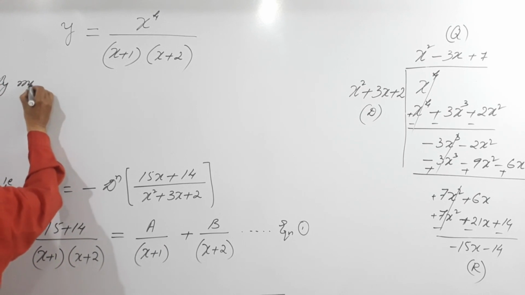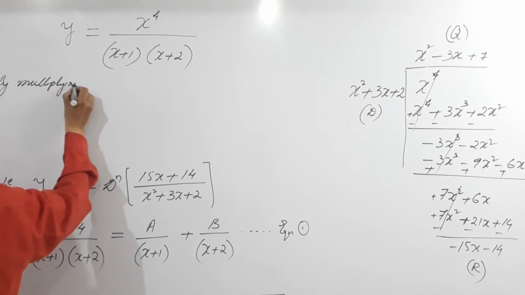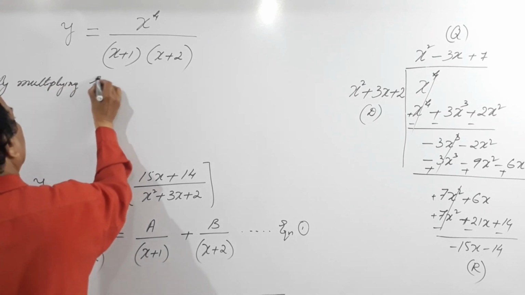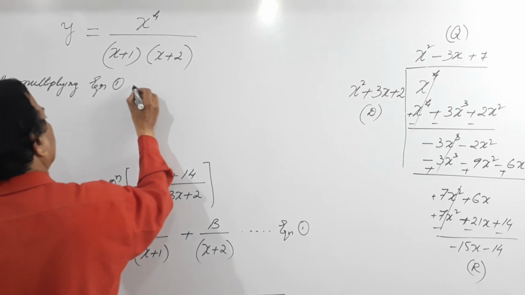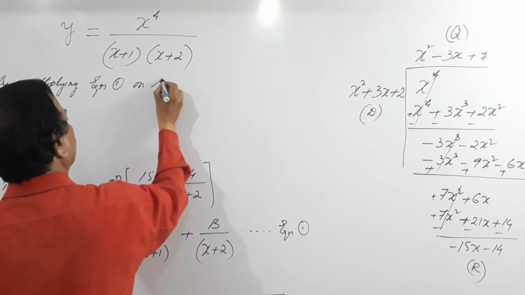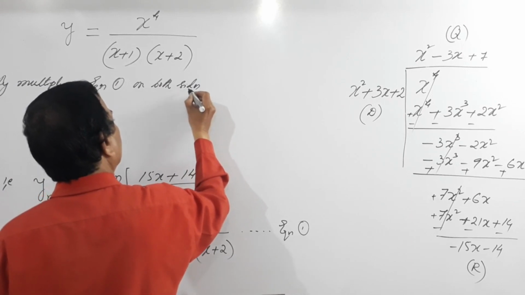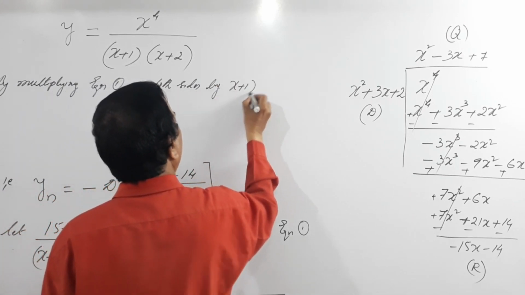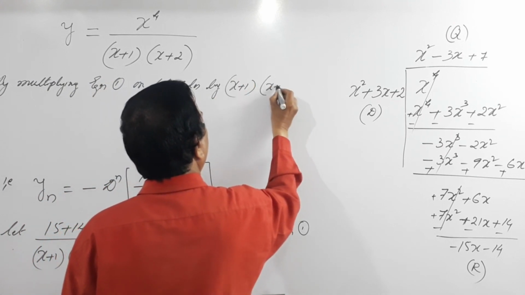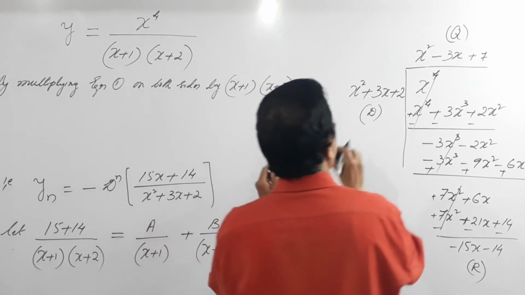By multiplying equation 1 on both sides by (x + 1)(x + 2), we get